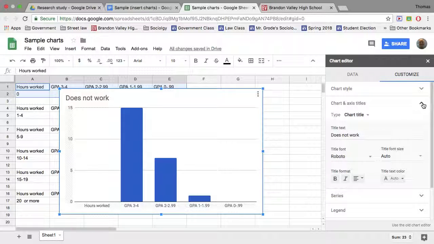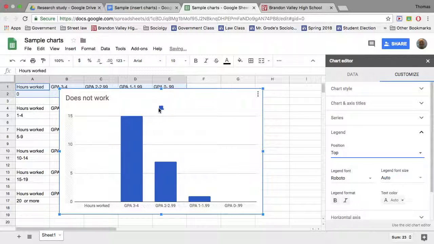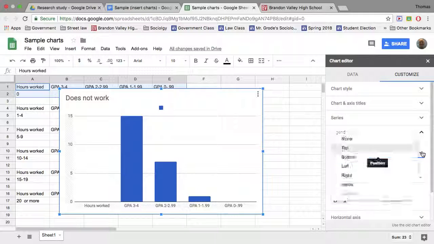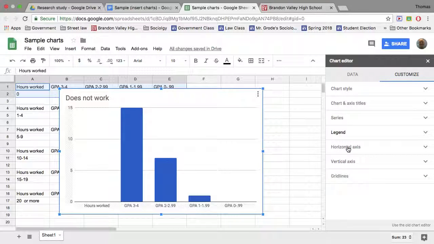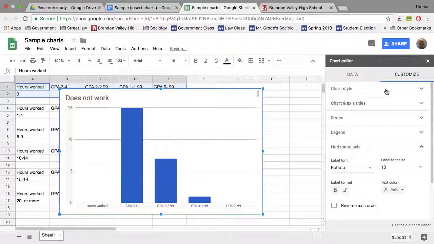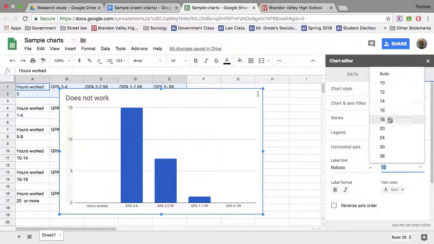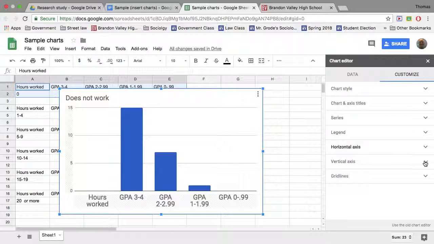So let's close this up here. The legend, I don't have a legend in here. I like it none, but if you want to put a legend here, you can put it at the top. But I'm going to go with none. Horizontal axis, if I want to change that to 10, or I want to change that to 20, I can just do it that way. So I'll leave it here at 20. That's fine. And then if I want to do a vertical axis or grid lines,